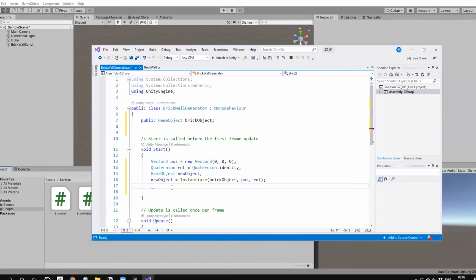Yes, like this. So instantiate usually means creating the object inside of Unity. So we're going to instantiate, we're going to create the brick object, and use this position here, and the rotation is going to be just this. For now, I didn't give any numbers, so there's no rotation. However, this is how you instantiate the object. So when you save it,